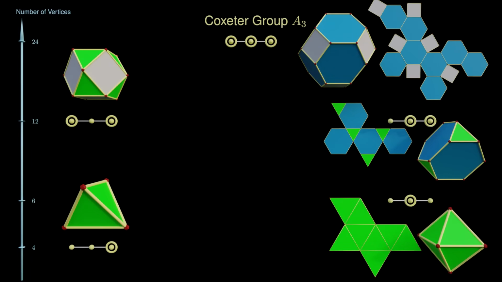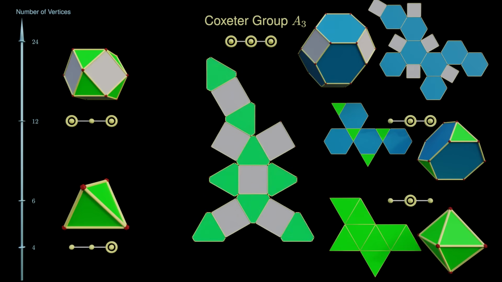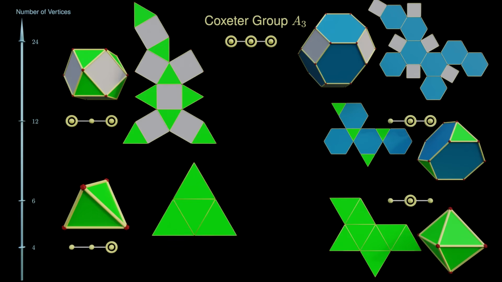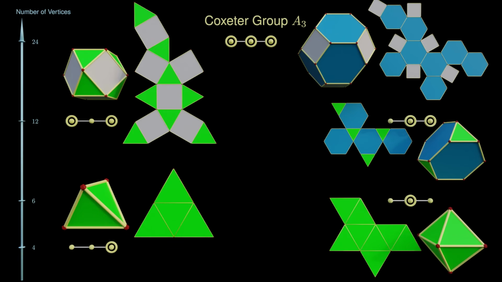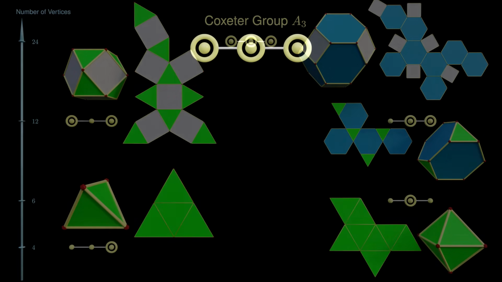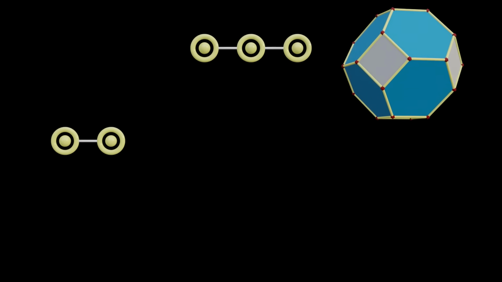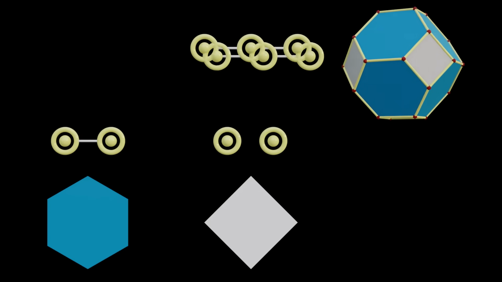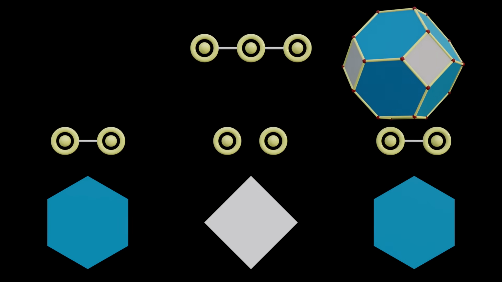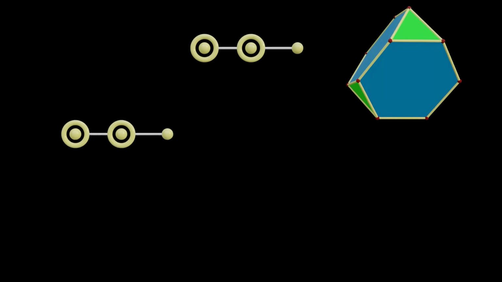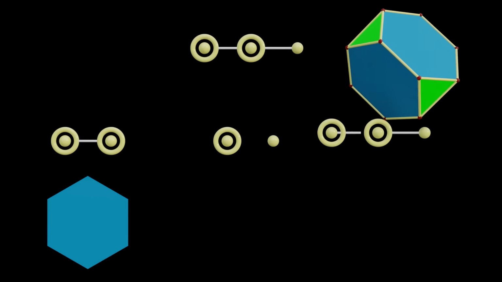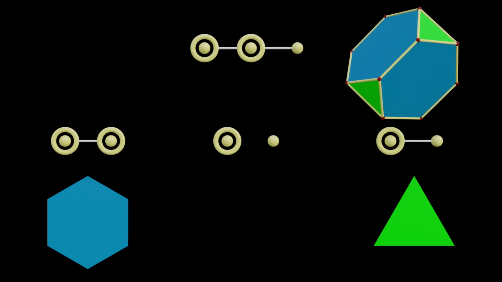It teaches us to read shapes both as rigid objects and as a collection of boundary pieces. The boundary structure is especially important. If one node is removed from the Coxeter-Dynkin diagram, the remaining diagram describes one of the lower dimensional boundary objects. This is not an accident. It means the Coxeter-Dynkin diagram is not merely a label for the polytope, but a compact recipe for its whole combinatorial structure. In other words, the diagram tells us not only what the solid is, but also how its